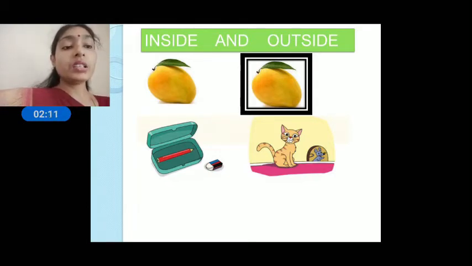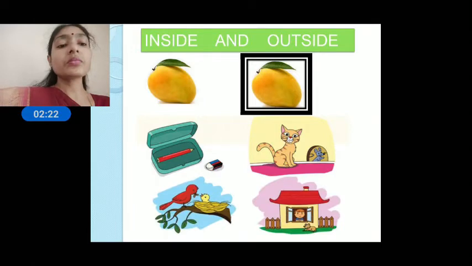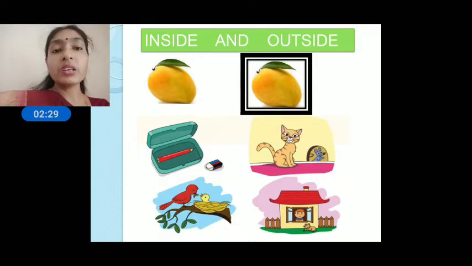See, the cat is nicely observing. Inside, one rat is sitting. So inside what? Inside the hole. So the rat is inside the hole and the cat is outside the hole. Now see, one nice nest and birds are there. So the chick is inside the nest and the mother bird is outside the nest. Similarly, yes, I know everyone understood now. Yes, the boy is inside the house and the dog is outside the house.